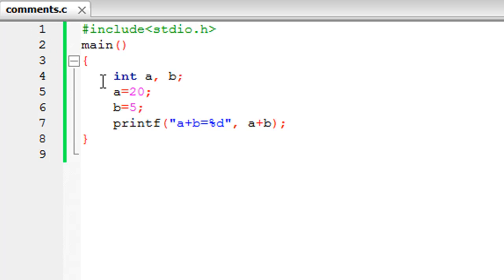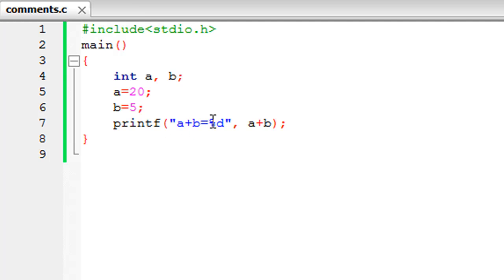Now you would see that I have saved this file and I've given it the name comments, and of course it has the extension .c because it's a C program file, and I also have some code in this program. I've declared the header file, I've declared the main function, and then you see the curly braces, and in between the curly braces you see some lines of code. I've declared two variables, and both of them are integers, and the first one's called a, the second one's b. I've also assigned them values, so a is 20 here and b is 5,